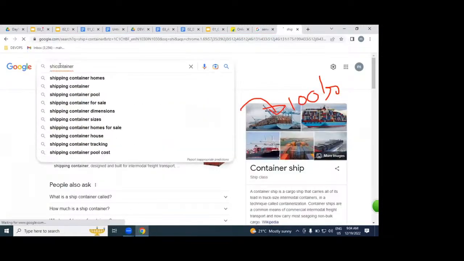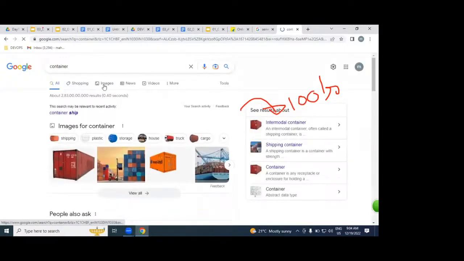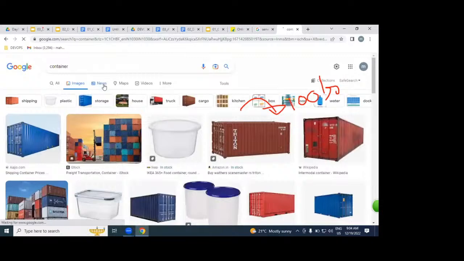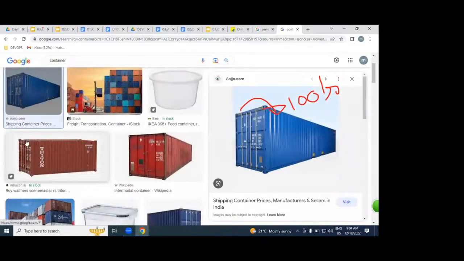So, container. Have you seen this container in your lifetime? I think you would have seen this physically somewhere, on roads. You can see this type of container. How exactly does this container work? Docker containers are the same. By using this container, we can transport goods via sea. But by using our container, we can deploy our applications, meaning websites. That is the only difference. Otherwise it is the same.